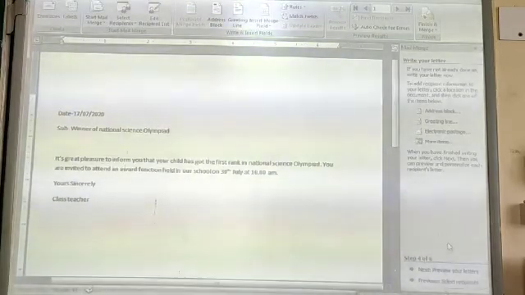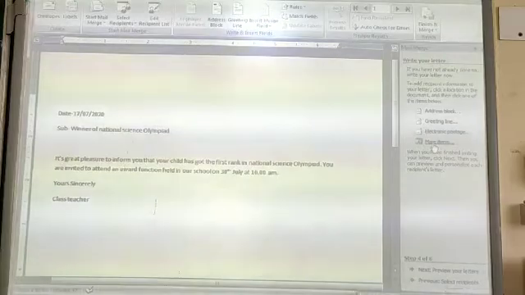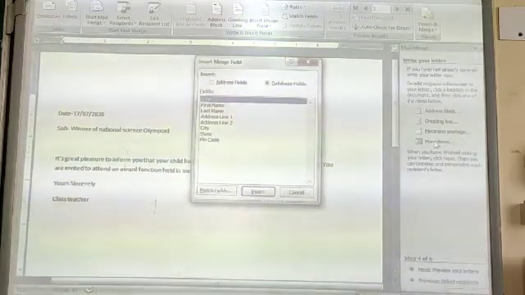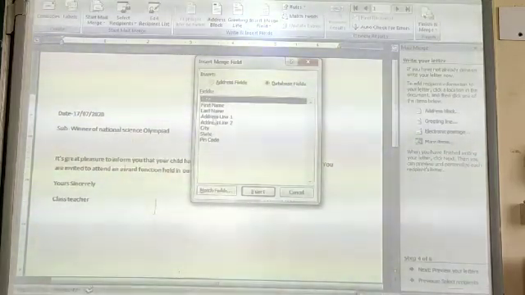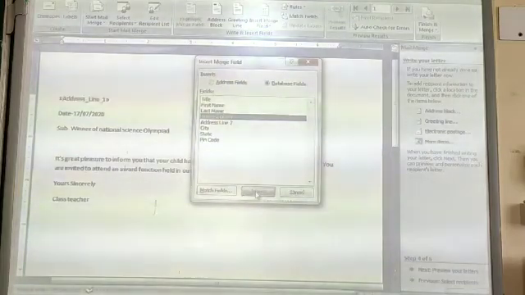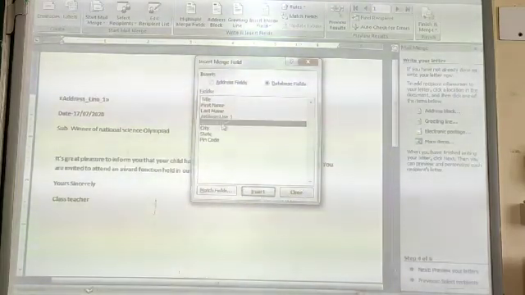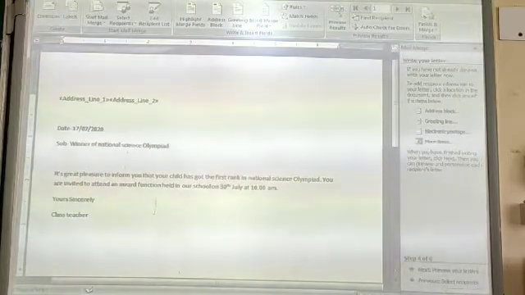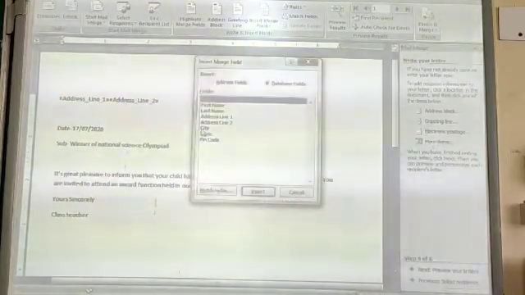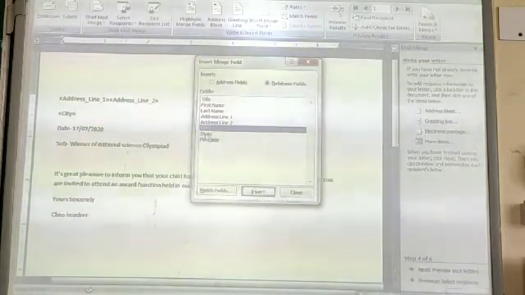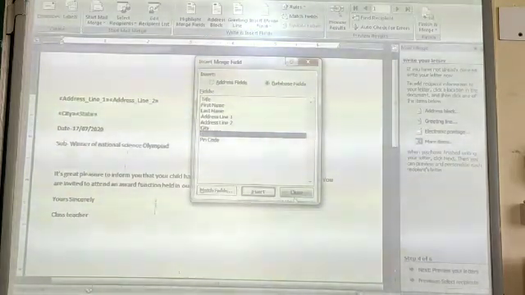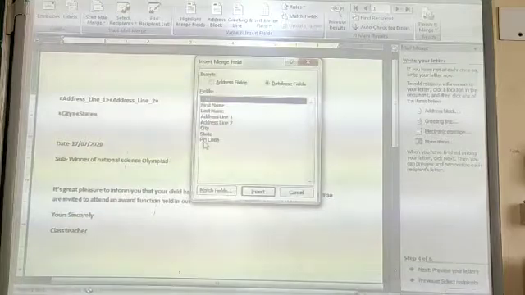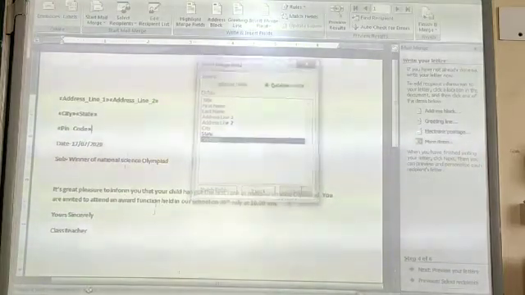So here we will insert, state, insert, then close, come to the new line, and then the input, then close it.